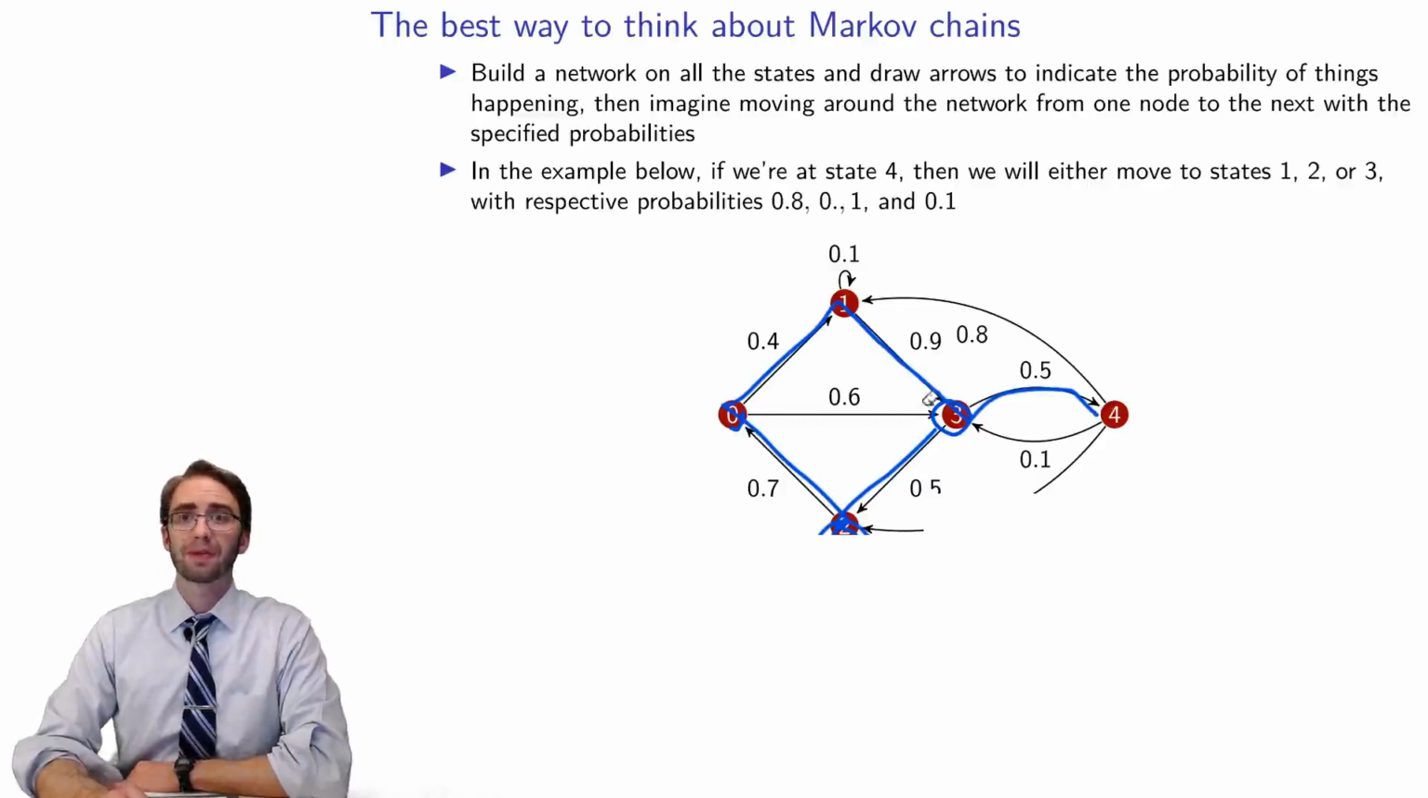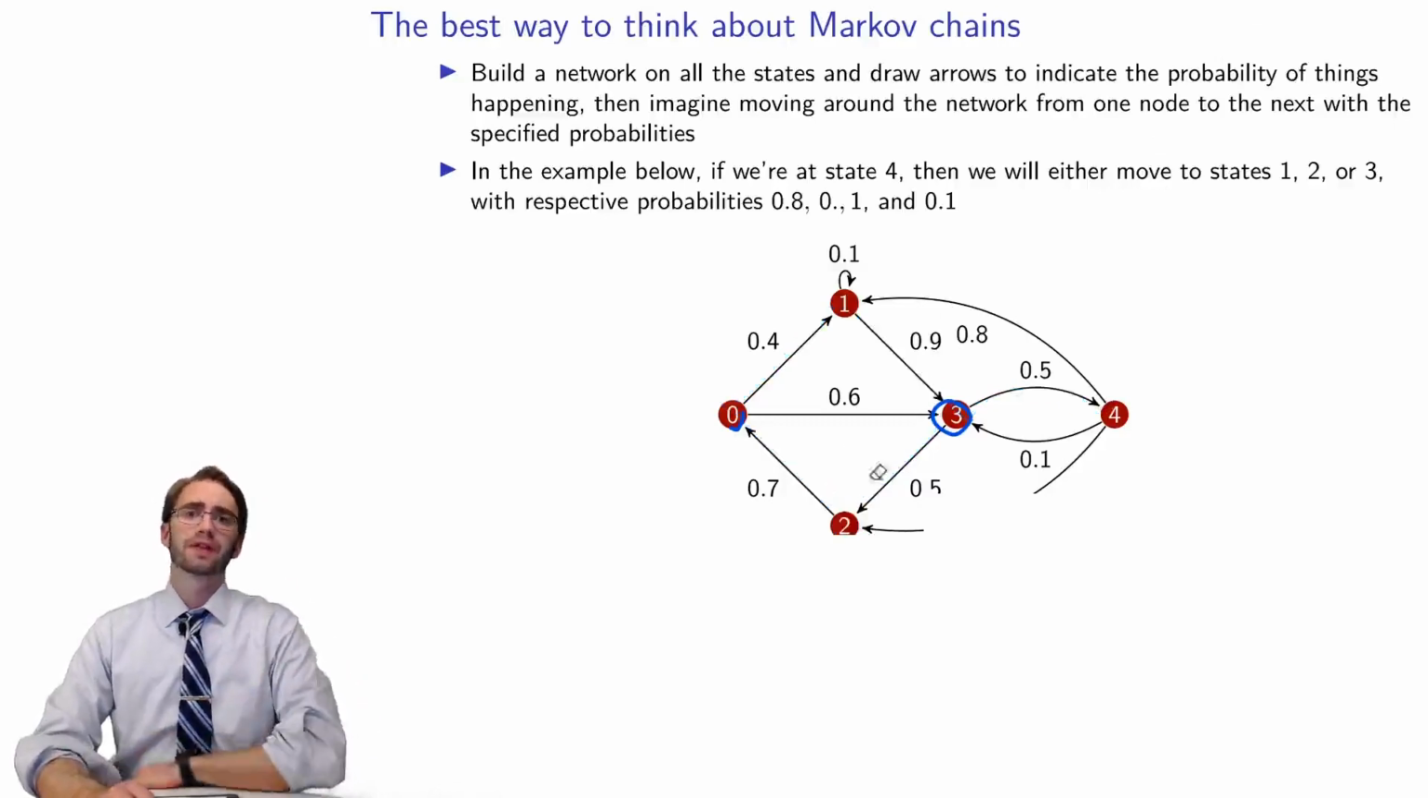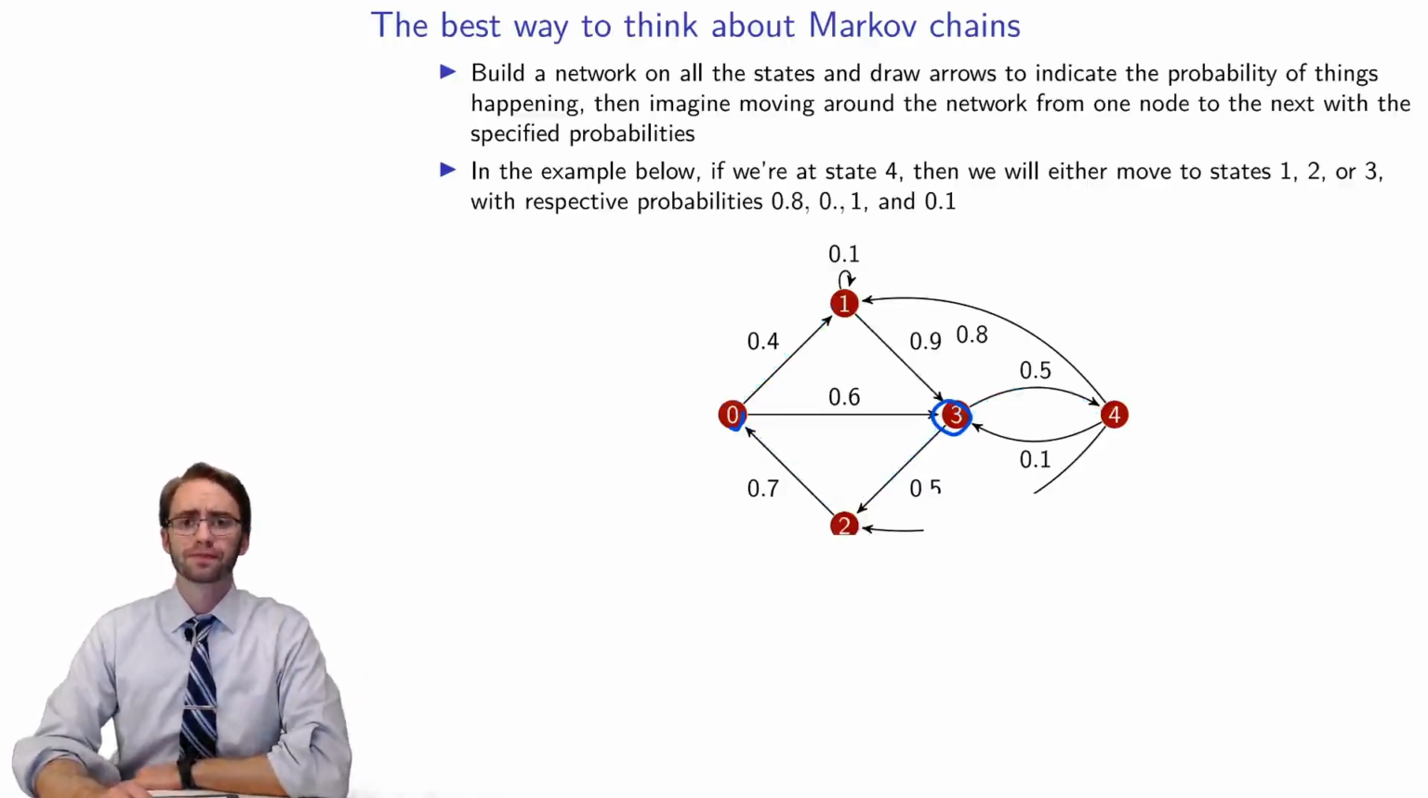So you think about sort of jumping along this network, from one step to the next. And what you'll notice here is in this network, along these links, I have these little numbers. Those numbers represent probabilities. And you'll notice that if you take any node here and you look at all of the links that are